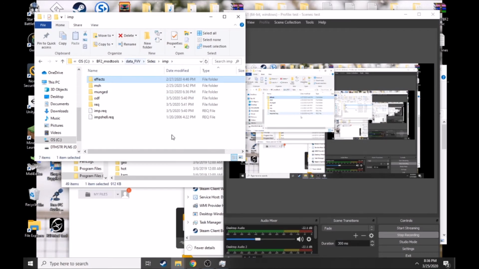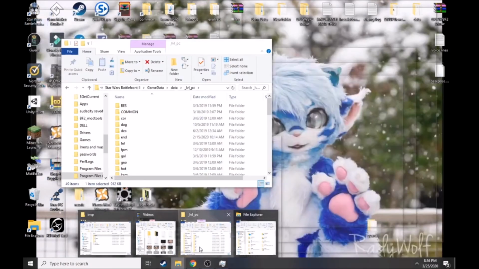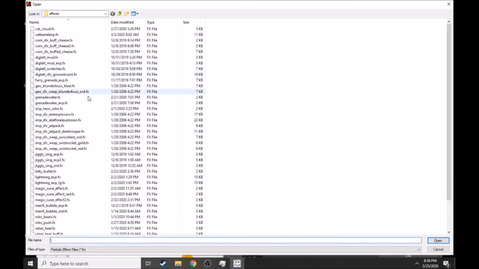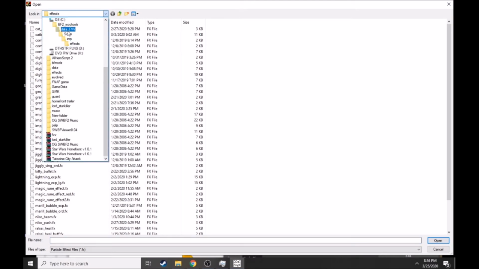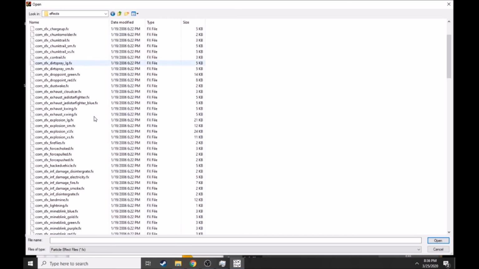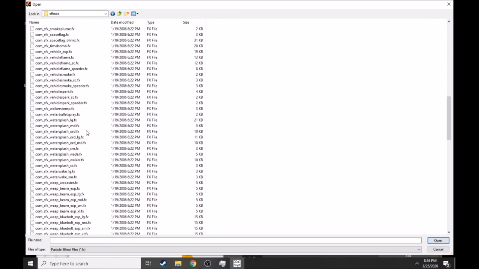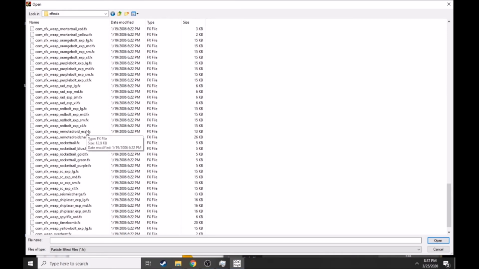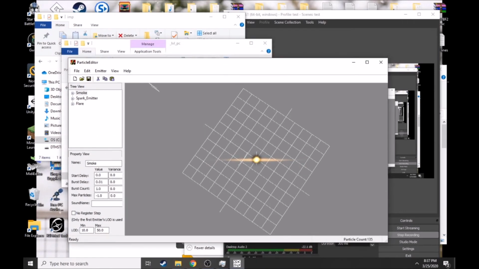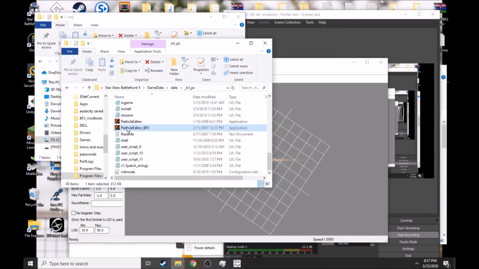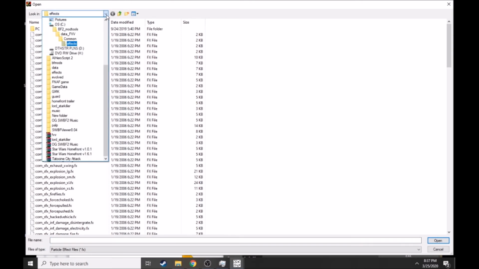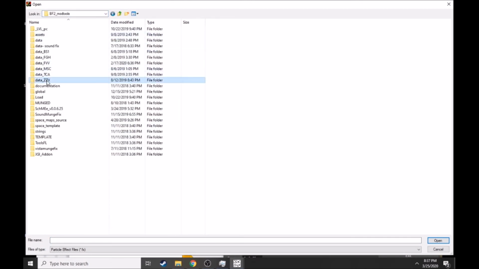First off, we're going to open Particle Editor again. And we're going to go from something that looks very basic to something very complicated. Let's say, what's my favorite thing to start with? It is Comwep Rocket Trail. This is my favorite effect in the game because it's really easy and nice to work with. And we're going to edit this and make it look like something more impressive, like